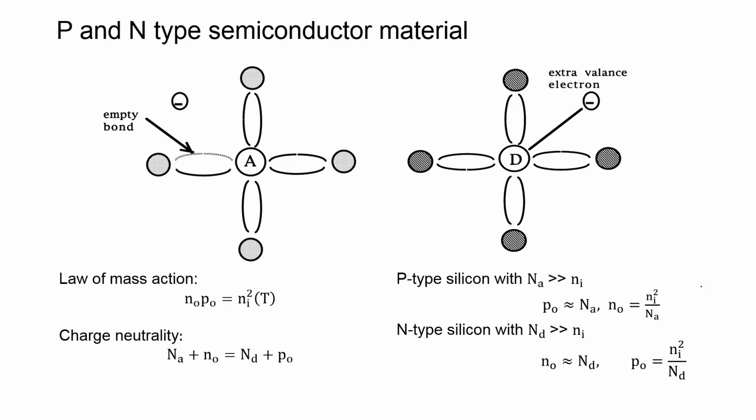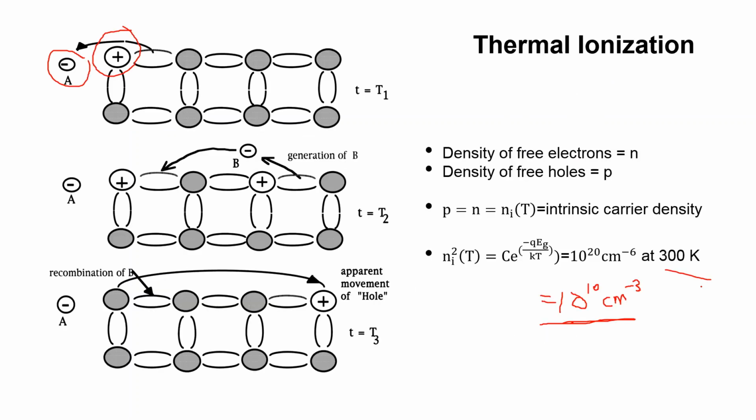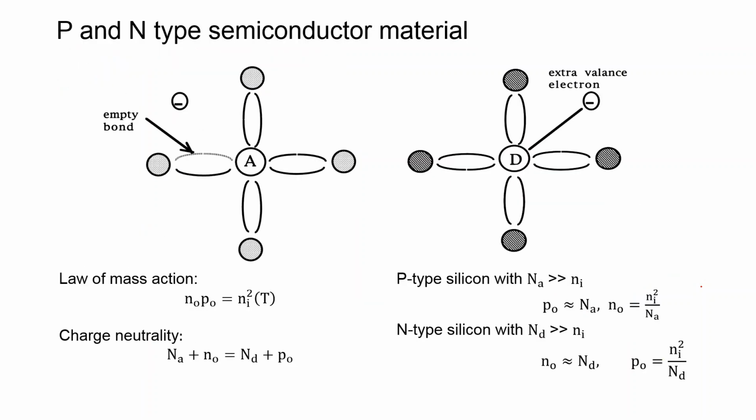Now this much density is not sufficient for considerable current to flow. So some methods are used to increase the conductivity of the semiconductor material. So what we do, we add some impurity. So if that impurity atom is trivalent, for example the acceptor atom, then it will make a p-type semiconductor material, and if this impurity is pentavalent, then it will make an n-type semiconductor material.